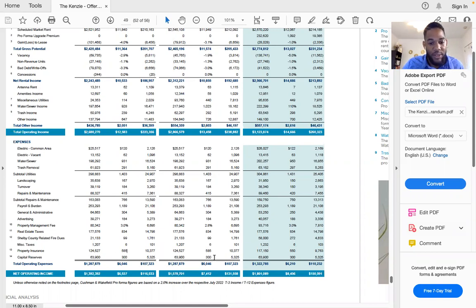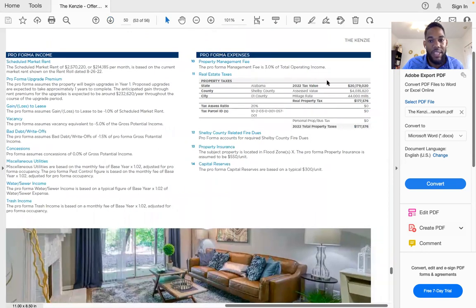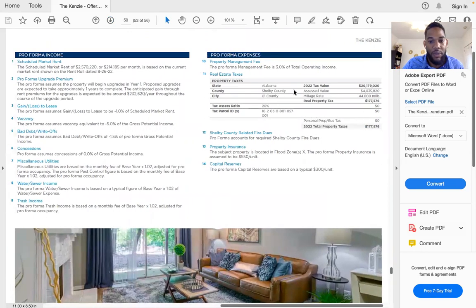And then capital reserves, right? So reserves for replacement. This property was built in 1974, so I definitely think having a replacement reserve of 300 is probably good practice. If we saw like 200 or 250 here, I would probably question that. Charles usually likes to see a capital reserve of 300 or more for a property with an older vintage. They have some information about millage rate, but I took some notes on that, so we'll go into detail about that.